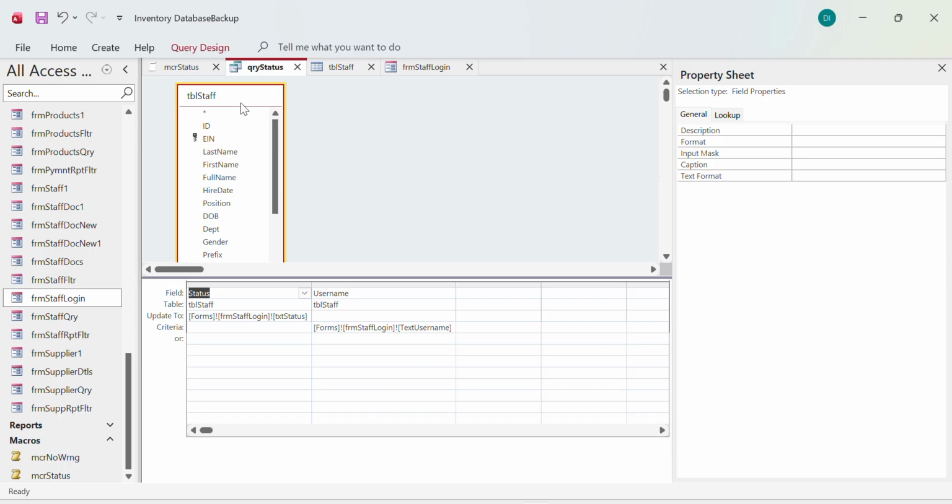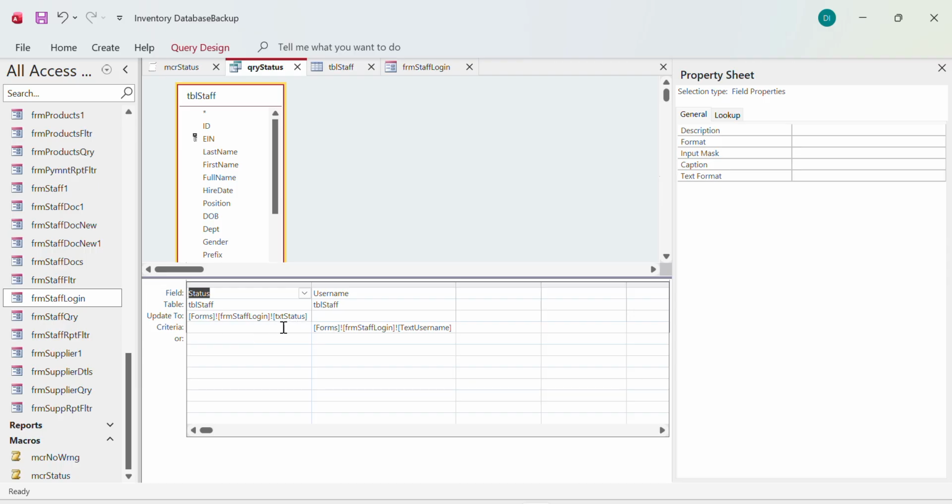It's designed from our table staff. So first, this is the field you want to change. It is the status field from table staff, and this is what you want it to change to, which is the